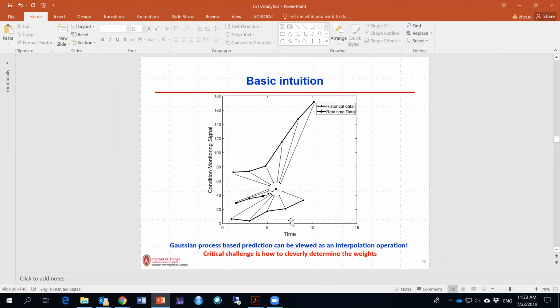And now the question is, if we have a multivariate Gaussian process and use this Gaussian process model to make predictions, what's the intuition behind it? So this picture illustrates the intuition. Assume we have 3 signals. We want to predict the future value of the middle signal, and we have 2 historical signals, the upper signal and the lower signal. Essentially, using the multivariate Gaussian-based prediction, we're using a weighted average of all the observed data points to predict the future points. And the question is how to decide the weight for each observed data point. The weight is determined by the covariance between this point and the corresponding predicted point, and this covariance is determined by the covariance function.